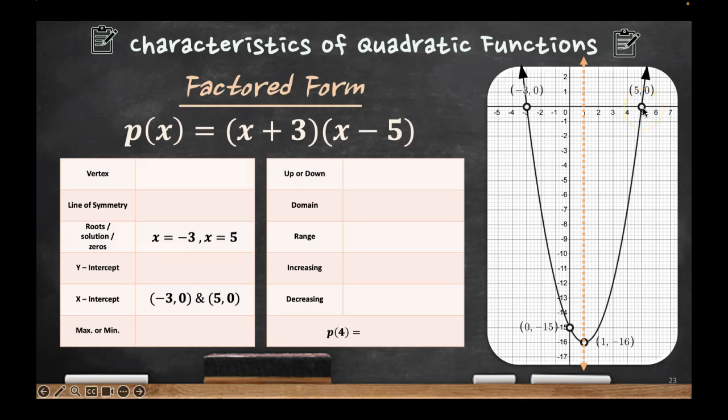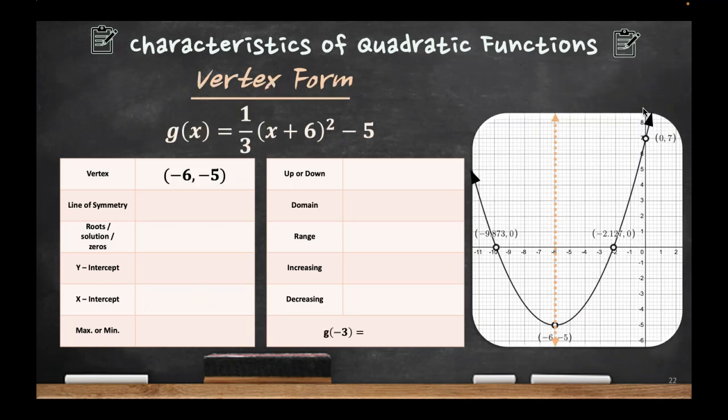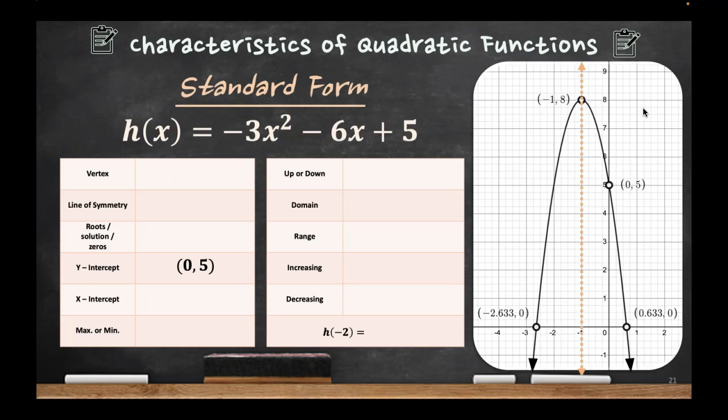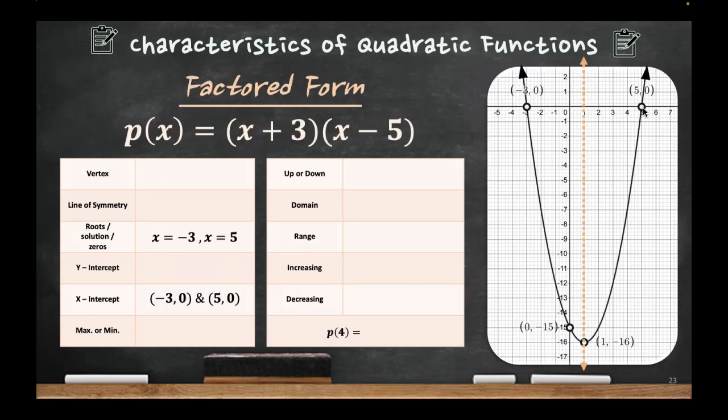So depending on the form: in factored form, you should know your roots, solutions, zeros, and x-intercepts. In vertex form, you should be able to tell me what your vertex is. And in standard form, you should be able to tell me what the y-intercept is without having to graph these. But we are preparing for the end of course test, which you will have a graphing calculator for, so let's